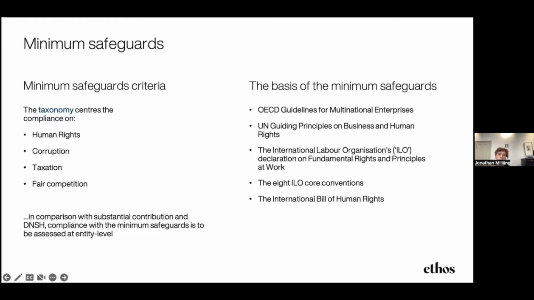So even if you are able to show that you are fulfilling the technical criteria when it comes to substantial contribution, you have performed a climate risk vulnerability assessment, you know how you're handling your waste. If you're not fulfilling minimum due diligence requirements in relation to human rights, you won't be able to report any of your economic activities as taxonomy aligned. This basically means that you as a company on entity level have to perform a human rights impact assessment.